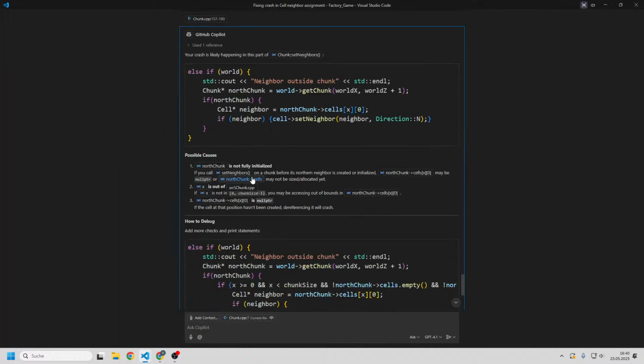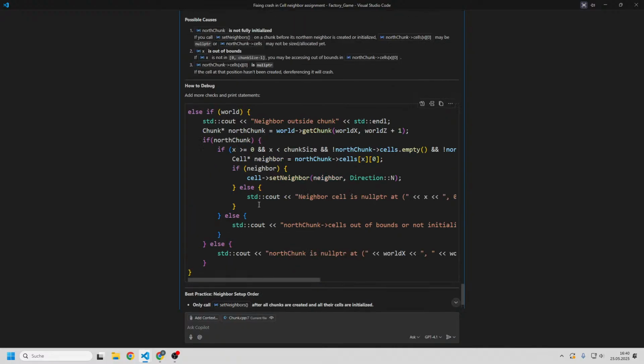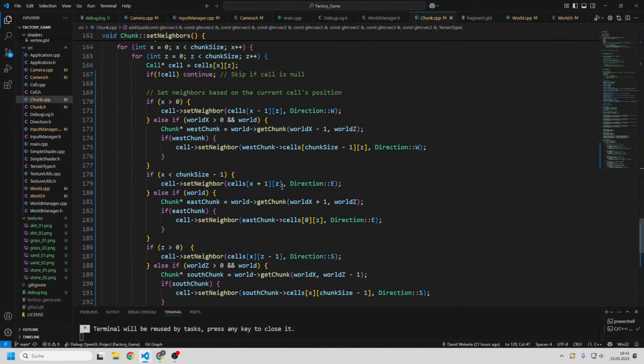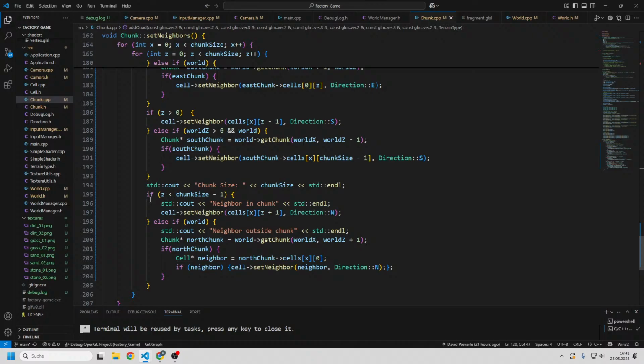Did he say anything else? Not really, no. But let's go through this then. So in our setNeighbors function, first of all, we check whether it's within the chunk. When it's within the chunk, it's easy. When it's outside the chunk,